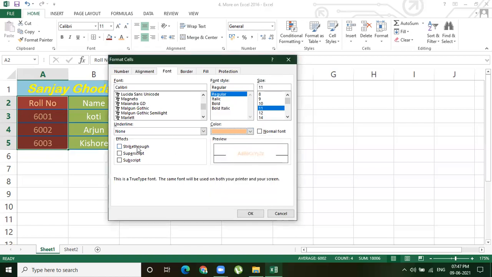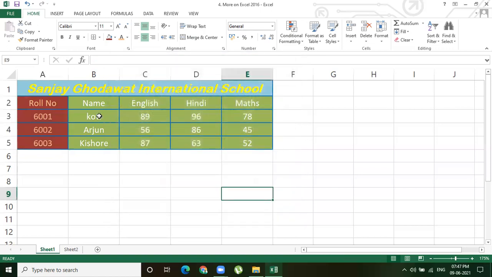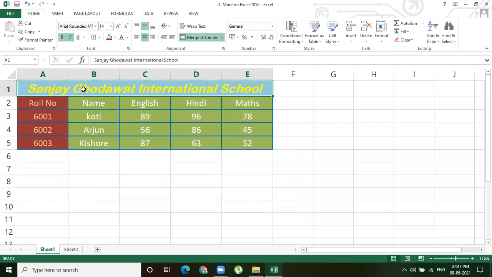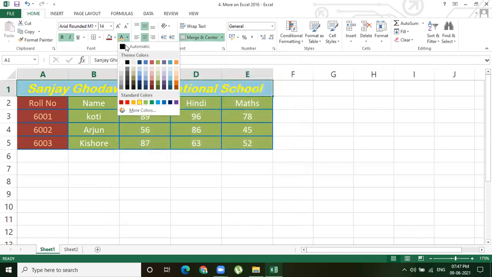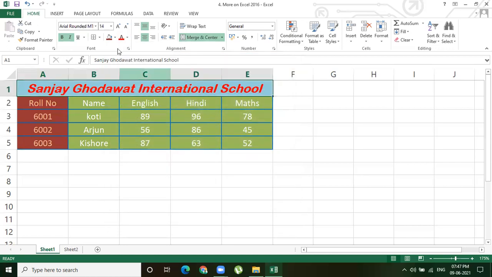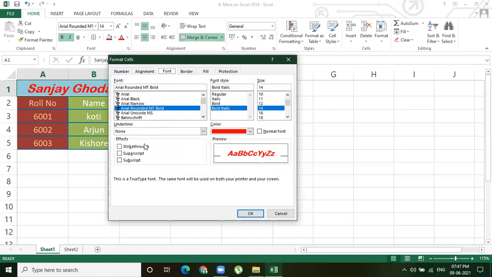And then strike through. So strike through means, here you cannot see the preview. Let me take one data. Okay, for example, this I have selected. Click on the font group button, and now if I click strike through, you can observe a line is added. Wait, I will take a different color so you will understand better. Red color, font group. Then if I apply strike through, you can see the line has appeared here, right?